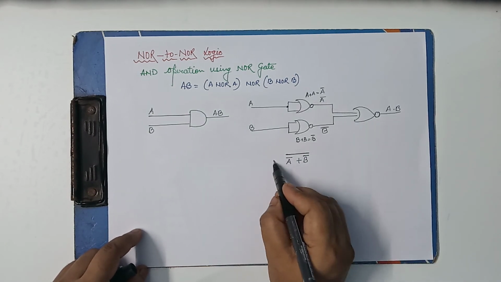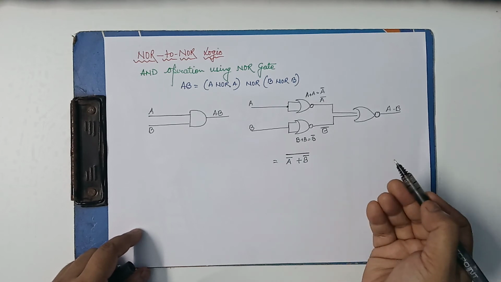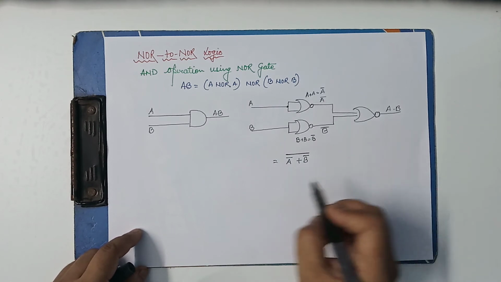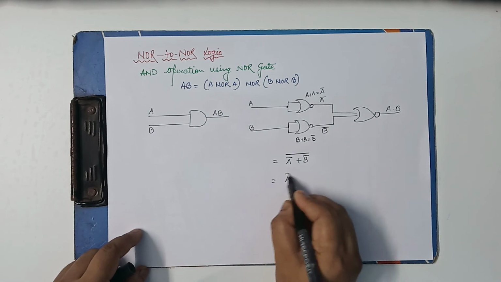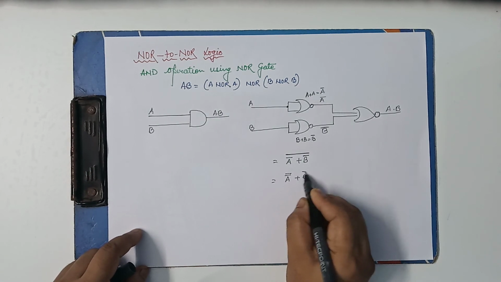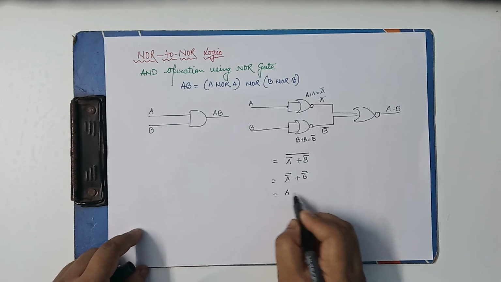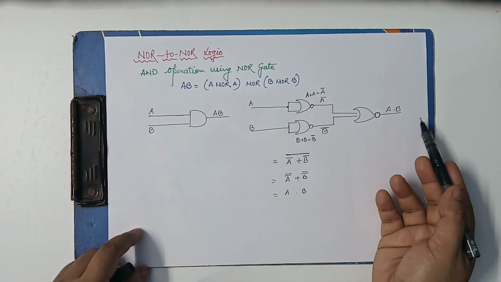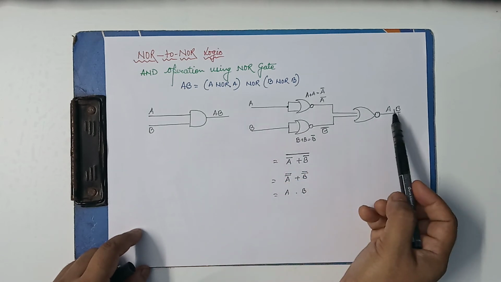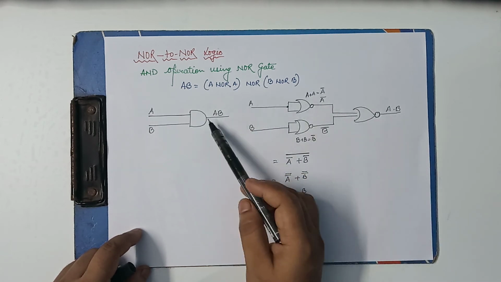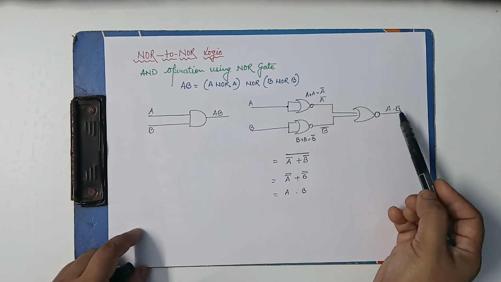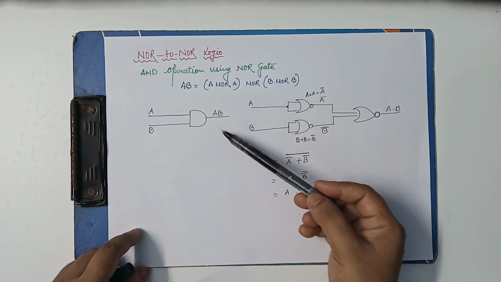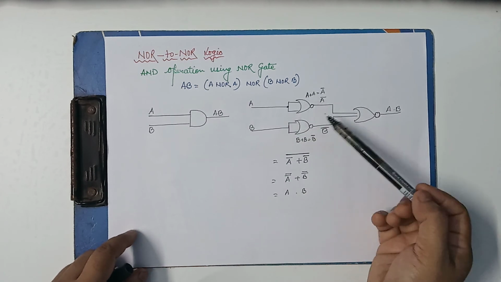Okay, so by the process of De Morgan's law, we have just seen that we break the line and change the sign. So we will break the line. We have broken the line, and in the next step we are going to change the sign. So we have got the output, that is A into B. So in this way you can see we can get the same output using the AND gate, the NAND gate or the NOR gate. Okay, to implement the AND gate using the NOR gate we need 3 NOR gates.